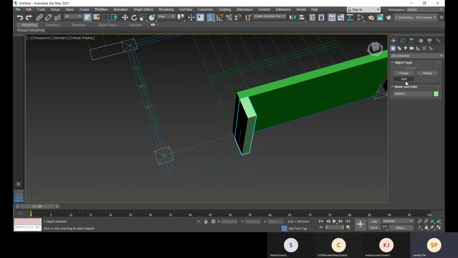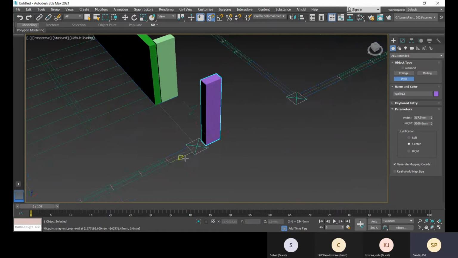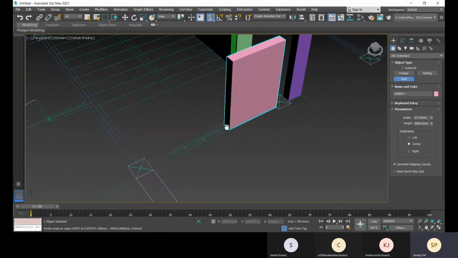Right click again. Again go to wall. Center. Click over here. In right click. Left click.